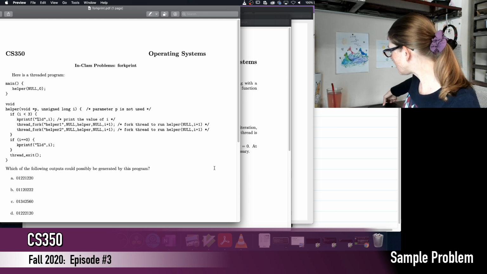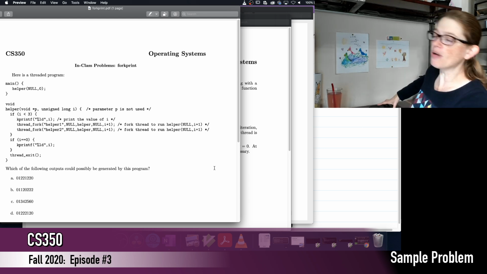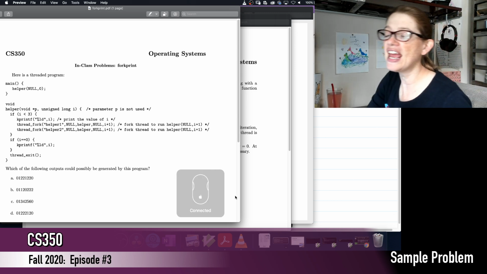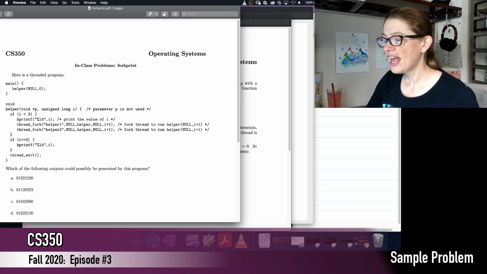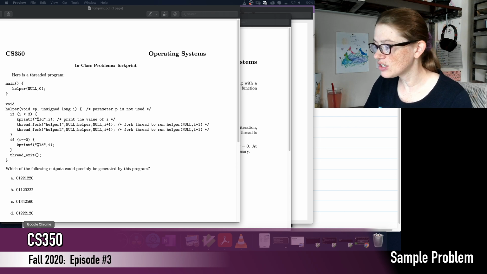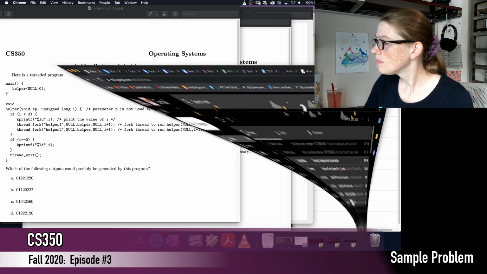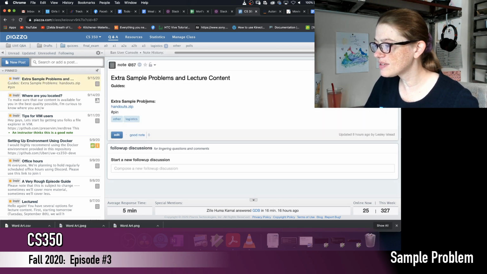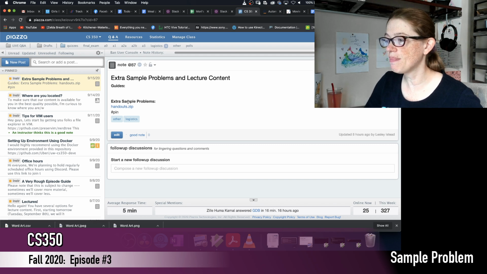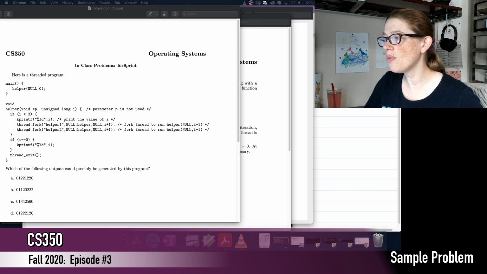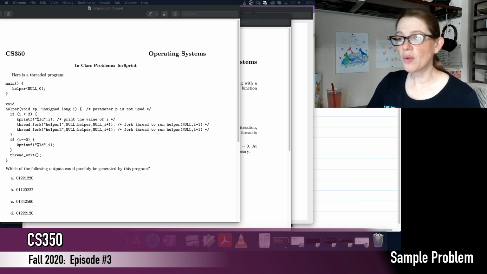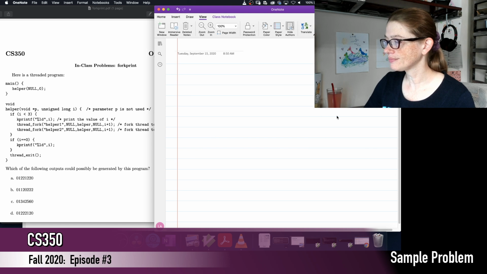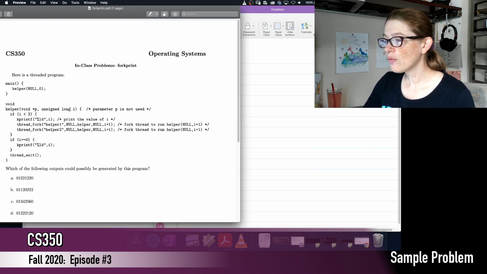So on that sample problem thread, you'll actually see a zip file called handouts, and in it, you can actually just open it up here. Here's my Piazza. There it is. So if you go into extra sample problems, you'll see here handouts.zip. That's the one you want. And in there, you will see one called fork print, and that's the one that we're going to do right now. So fork print